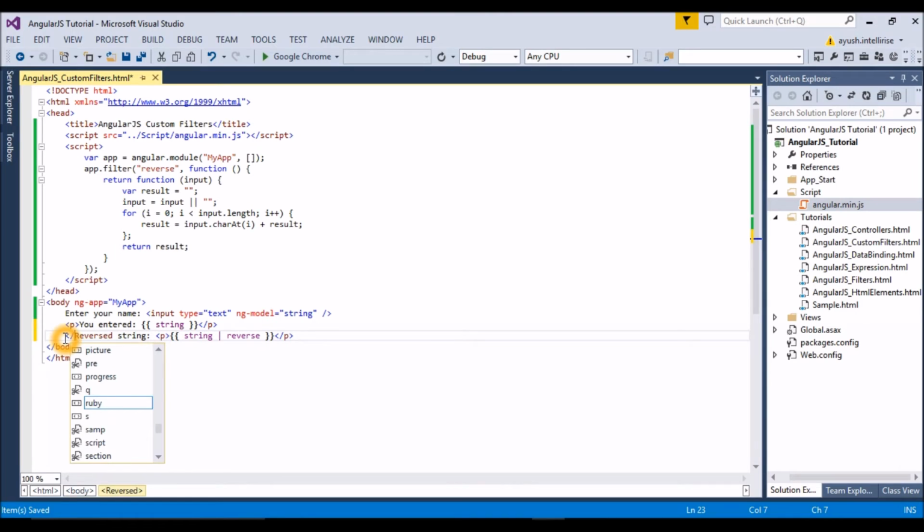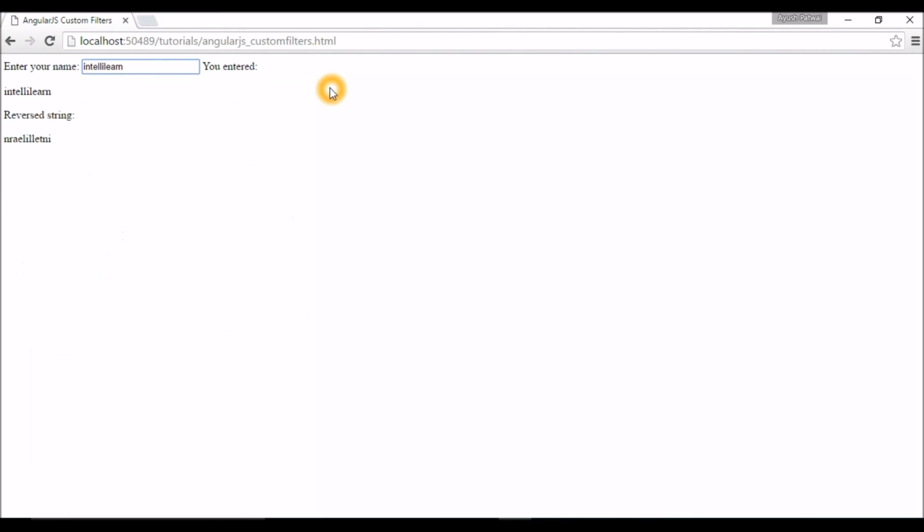I should include this in the paragraph section. So save this. There was some editing mistake, as it was shown over here like this. Now it's okay.